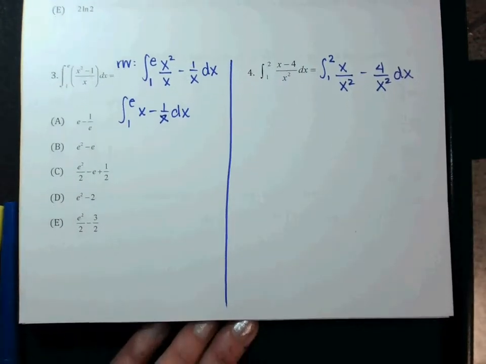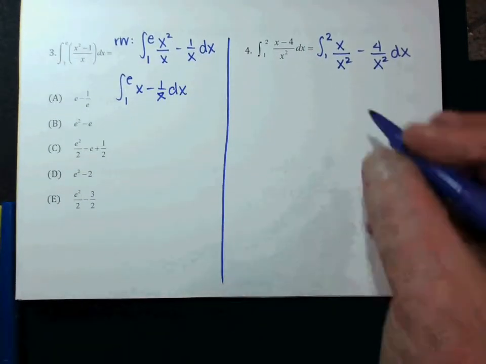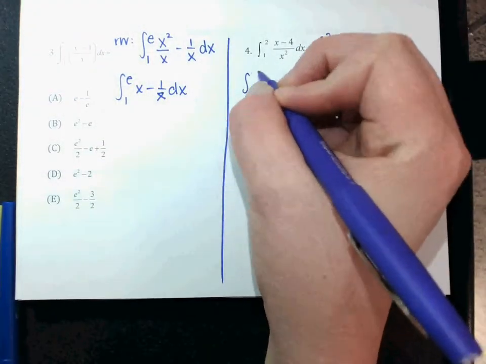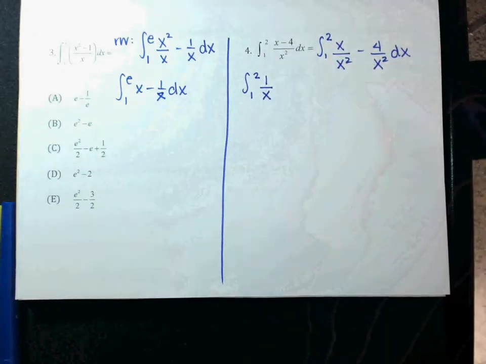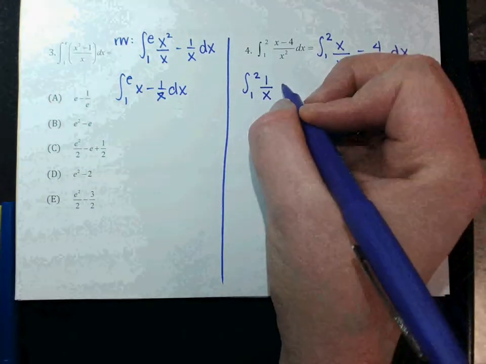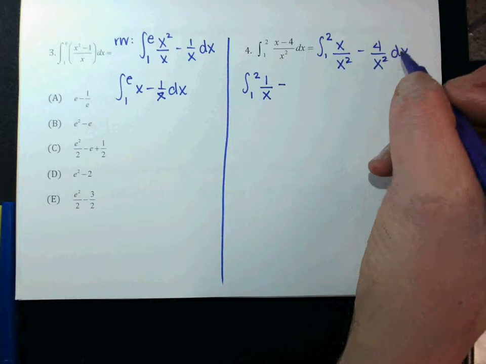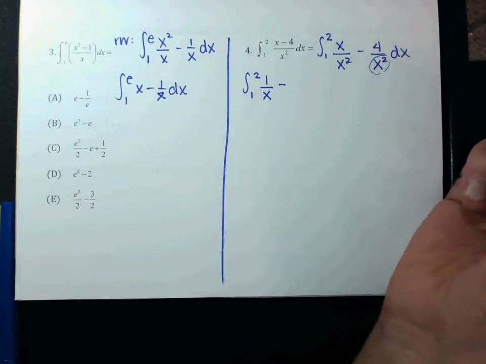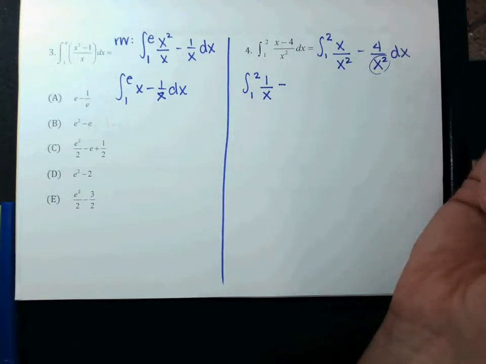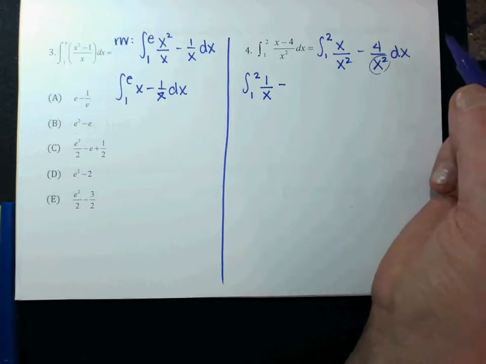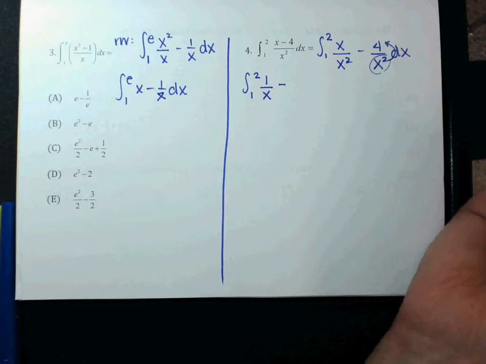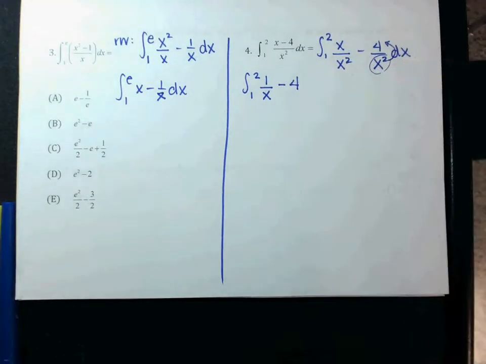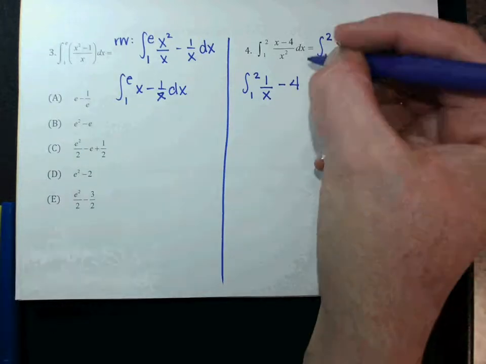Okay, how can I fix the first one? Okay, so 1 to 2, x is crossed out, that'd be 1 over x left over, minus. And then this one, how would I bring, there are no x's to cross out with those guys. Bring the x to the top. I want to bring it to the top, so what do I do to the squared? Make it negative. So it'd be 4 stays in front, that's a coefficient, you're not moving that. Okay, but when the x comes up, it's going to be to the minus 2